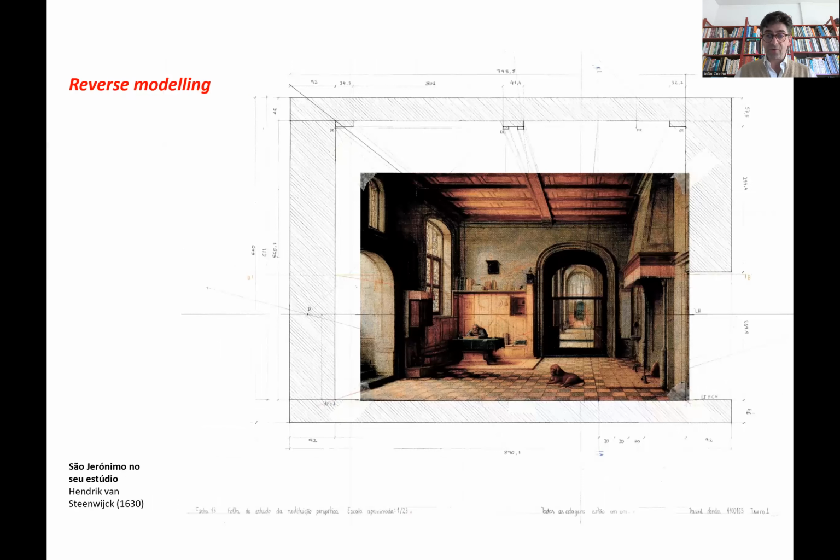Pursuing the logic of reverse modeling, perspectival restitution regards the application of specific projective knowledge in the management and confirmation of the image of space. In this case, departing from the painting of Saint Jerome in his studio by Hendrik van Steenwyk, the structure